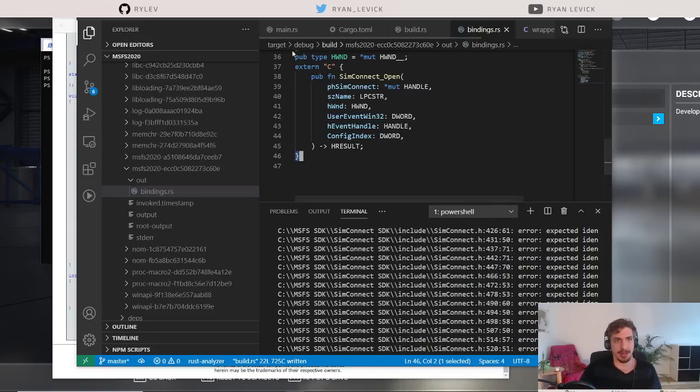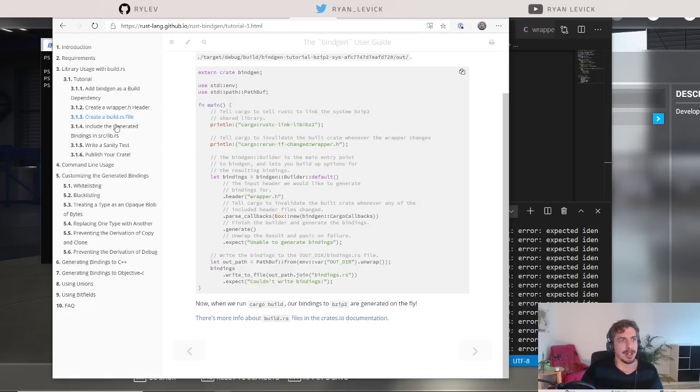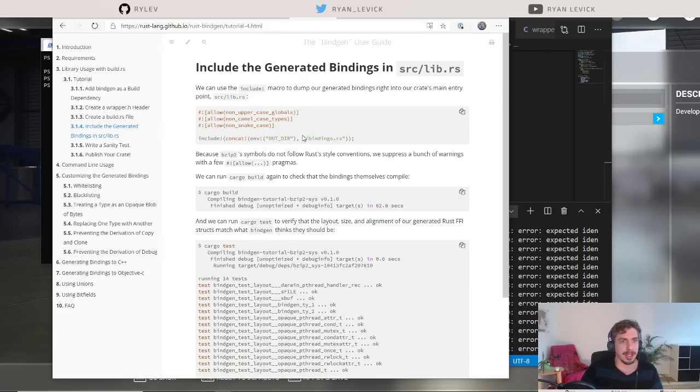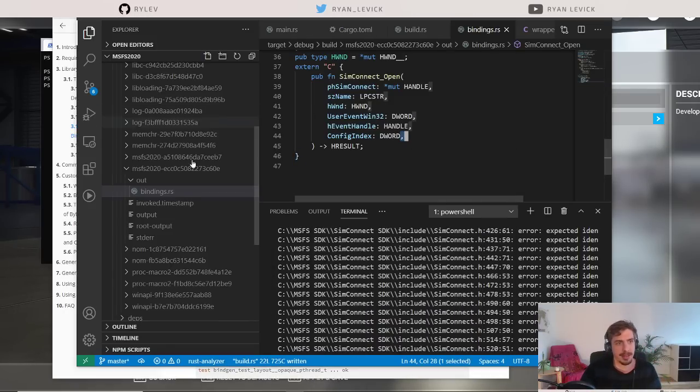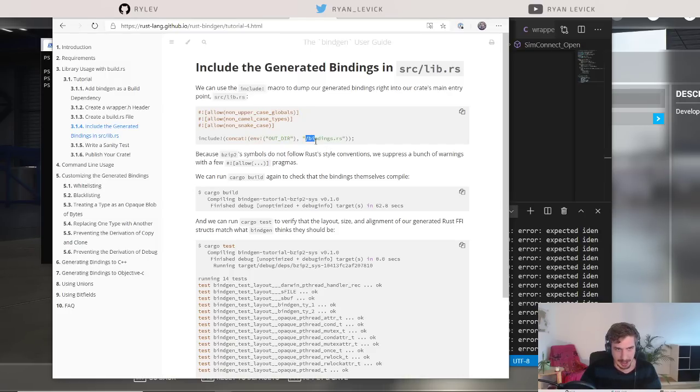So now that we have this, we actually need to bring this into our own code, and the way that we do that is, depending on your definition of beautiful, either beautiful or horrifying. We do that by doing this, where we basically use this include functionality, which is just saying, literally take the bytes that you find at this path and plop them down into this file and treat them as Rust code, whatever it is. And so we are concatenating together whatever is inside of our OUT_DIR environment variable, which is a path to this file here, and concatenating that with /bindings.rs. And then we're including that directly into our file, which we can do